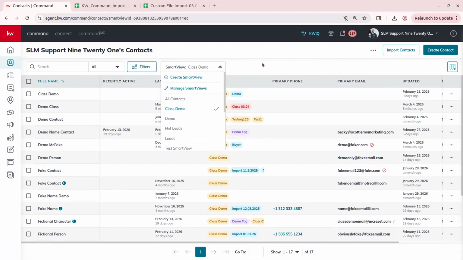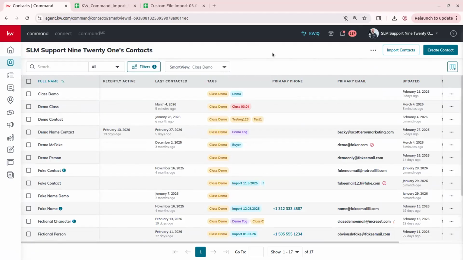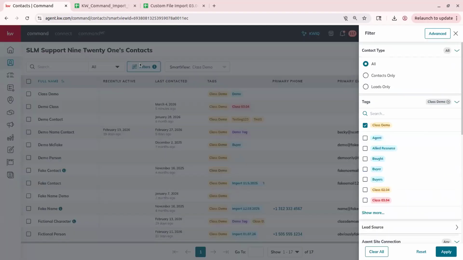So it should be showing our filters how we have them. There we go. So we'll go here. Hopefully that reset it for us. But we have a bunch of filter options. This is one of my favorite features of Command, that they have so many filter options when it comes to